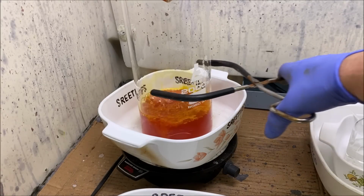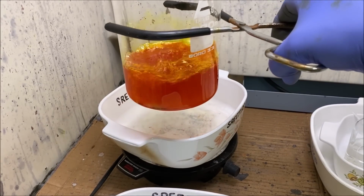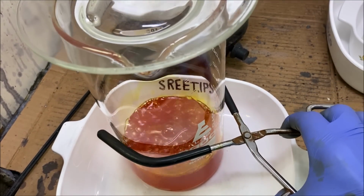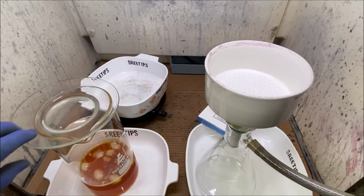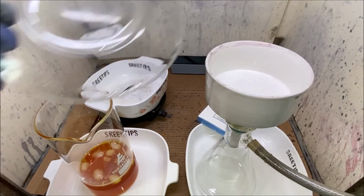There's just a few stubborn pieces of gold left in here. I'm not going to go chase after those. We're going to pull it down off the heat now and let it cool down. I've added some ice to the gold solution. And now what we'll do